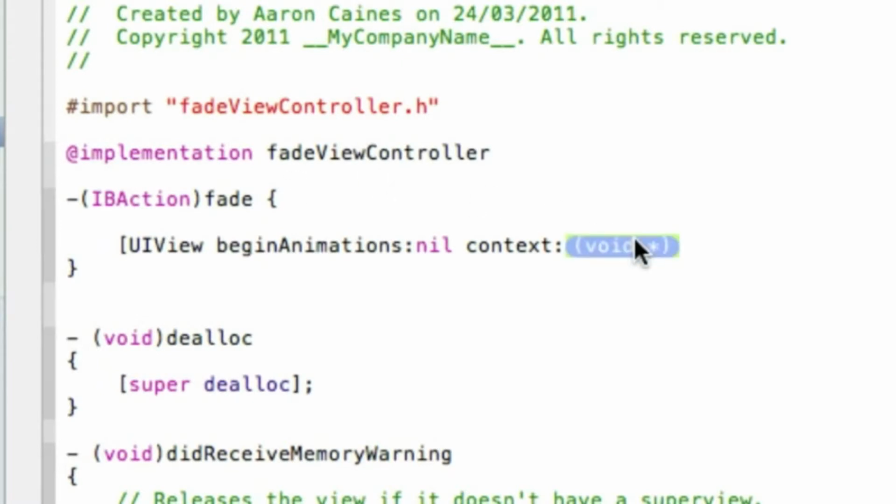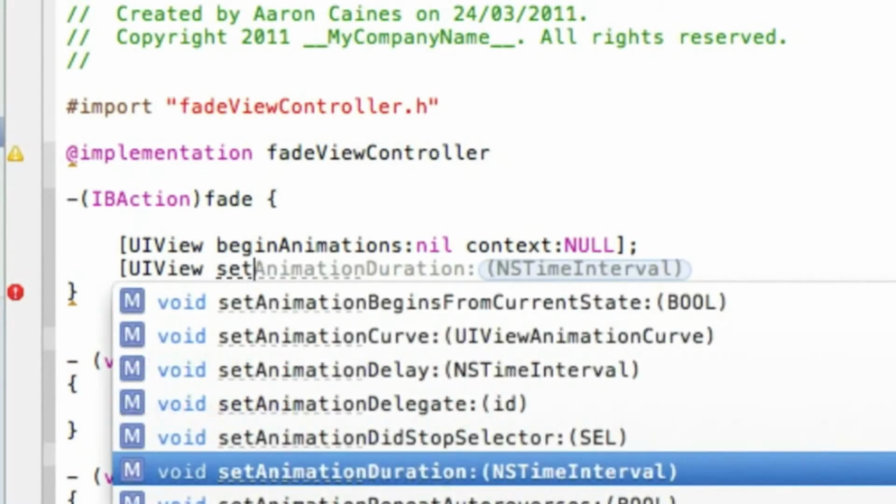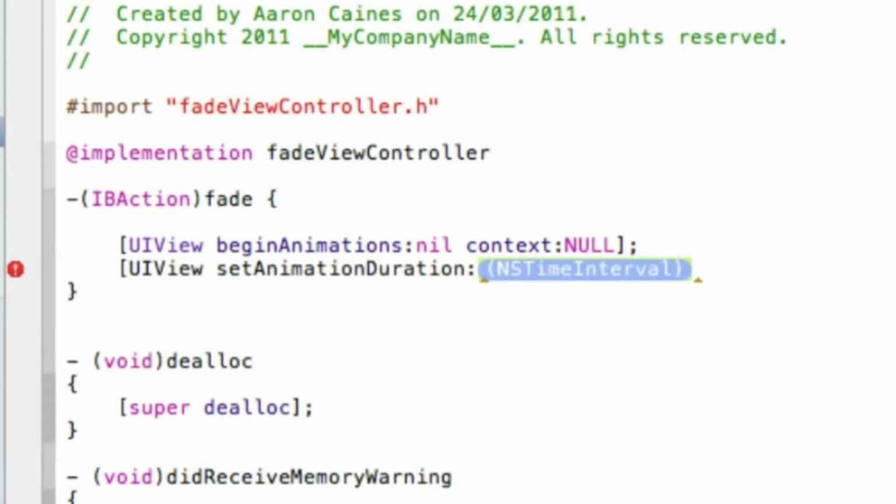and then go to our one highlighted void here and we type in capital NULL bracket and that with semicolon, then we press enter again, and again bracket UIView space set, and we want to find that setAnimationDuration, which here in mine is already highlighted, so just enter, and in the highlighted section this will be the time it takes for the buttons and the UI labels and stuff to fade out, which I'll just do a simple second, so we do 1.0 bracket semicolon